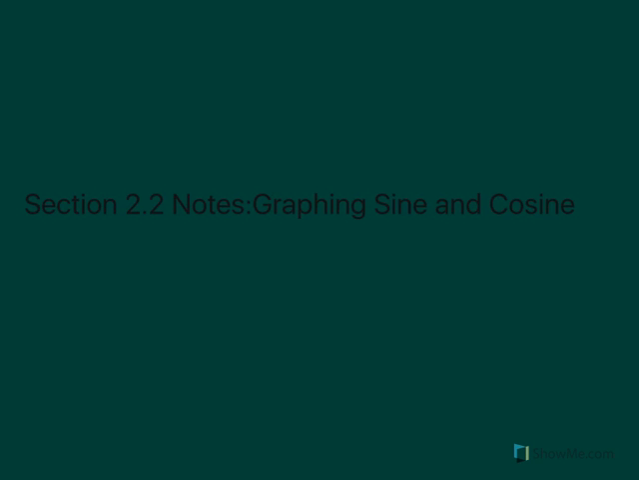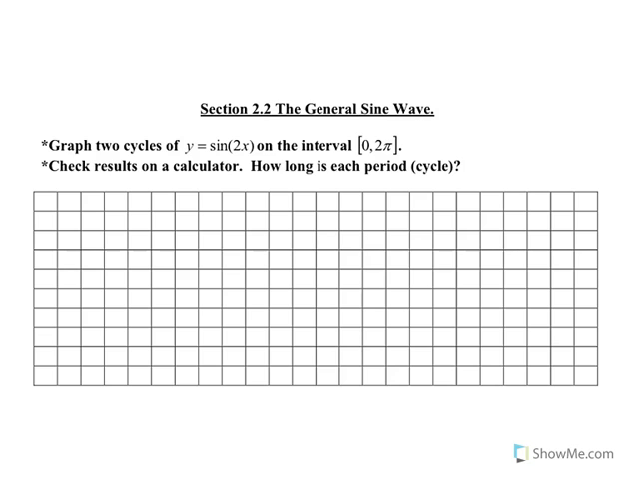And good morning, everybody. Here are your notes for section 2.2, graphing sine and cosine. And this is going to have all four different transformations. We're going to have an amplitude, a period change, a phase shift, and a vertical shift to deal with on some of these problems. And here's the first part of the notes that want us to make two cycles of